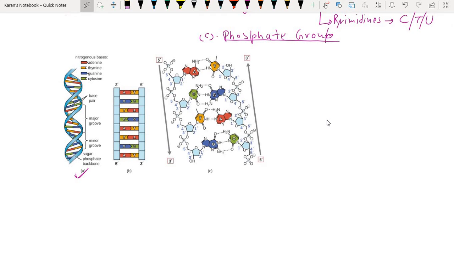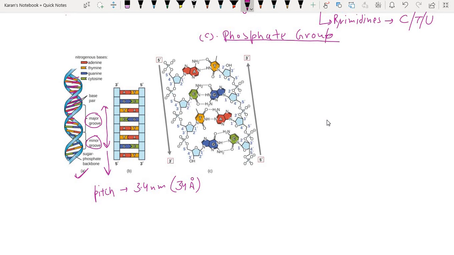In A part, you can see the DNA is a double helical structure, and you can see the bases which are projected inside the two helix, or two threads, you can say, and the two threads form one helix. Now you can see there is a major groove as well as a minor groove, and these two form the distance that is known as pitch of the DNA. That is 3.4 nanometer. If you convert it into angstrom, that becomes 34 angstrom. So this is the pitch of DNA, which includes major and minor groove.